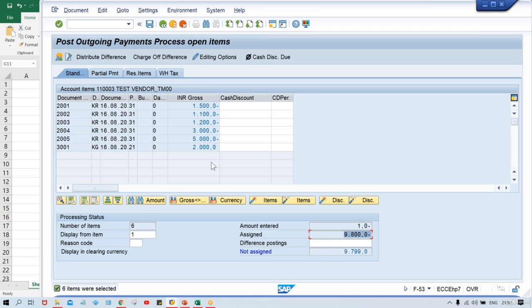But I don't want to make payment of all these invoices. I am saying that 2002 and 2003, these two invoices only are going to be paid. So you just need to do one thing, guys. Click here. First of all, click on select all. Select all means, look at here, all become blue color. And then you need to click on